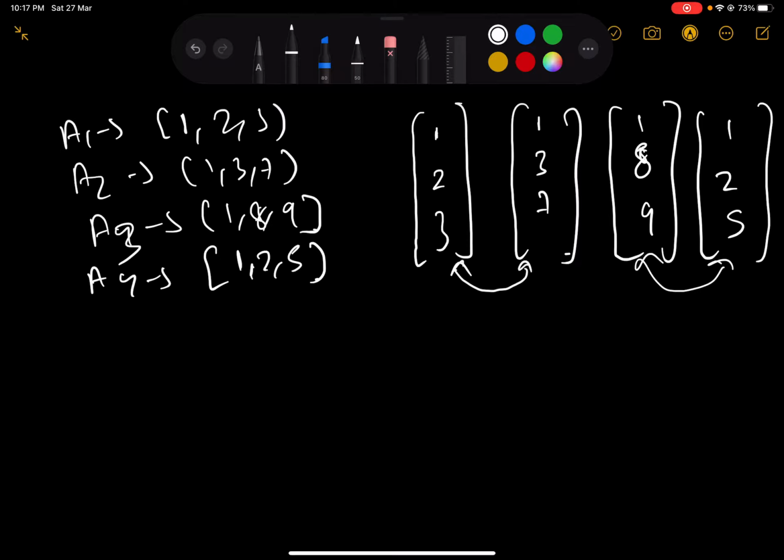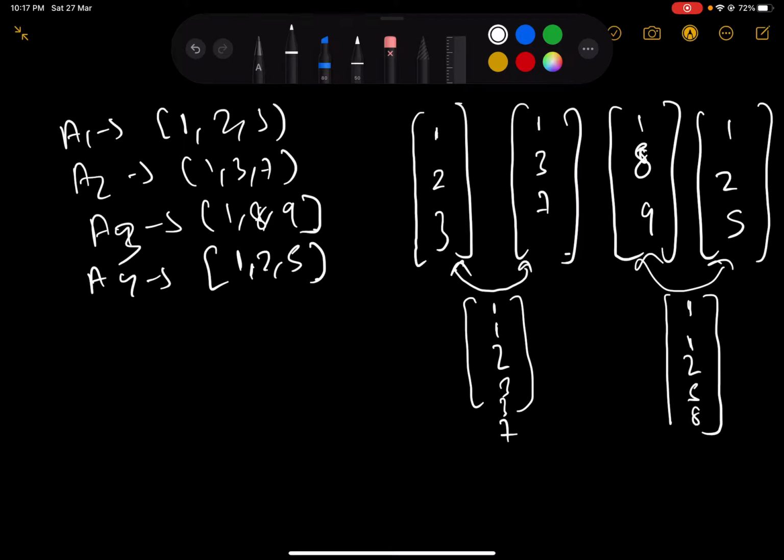You merge two sorted arrays such that the resultant array is also sorted. The resultant array for the first pair will be 1 1 2 3 3 7, and the resultant array for the second pair will be 1 1 2 5 8 9.